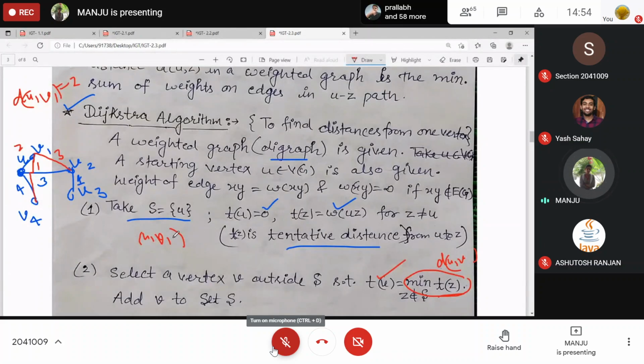So now you can explore all the tentative distances from u to any other vertex via v1. So via v1, if you want to explore, then u to v1 you have to add, and v1 to any other vertex. Okay, so v1 to v2 it is 3 plus 2 already for u to v1. So this will give you 5, but already we have taken u directly to v2 as 3, and now via v1 it is coming as 5. So which one is the minimum? The earlier one only, right? Clear? U to v2 earlier it was 3, so it will be the minimum.